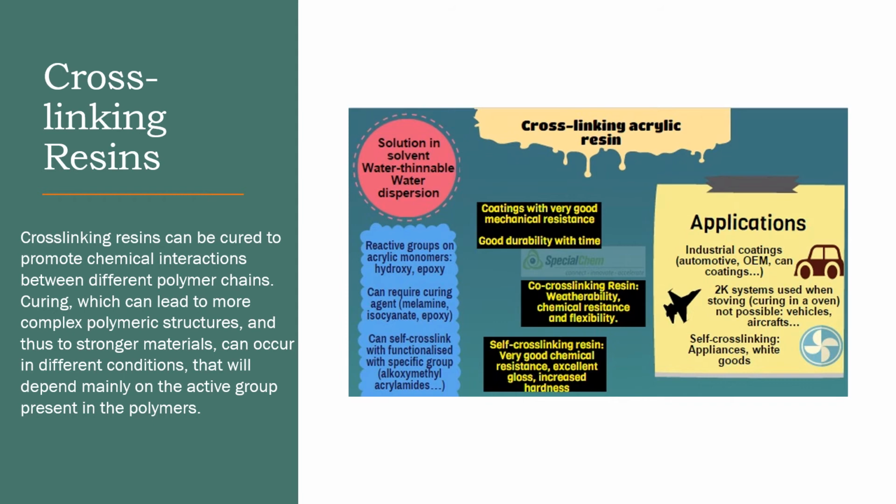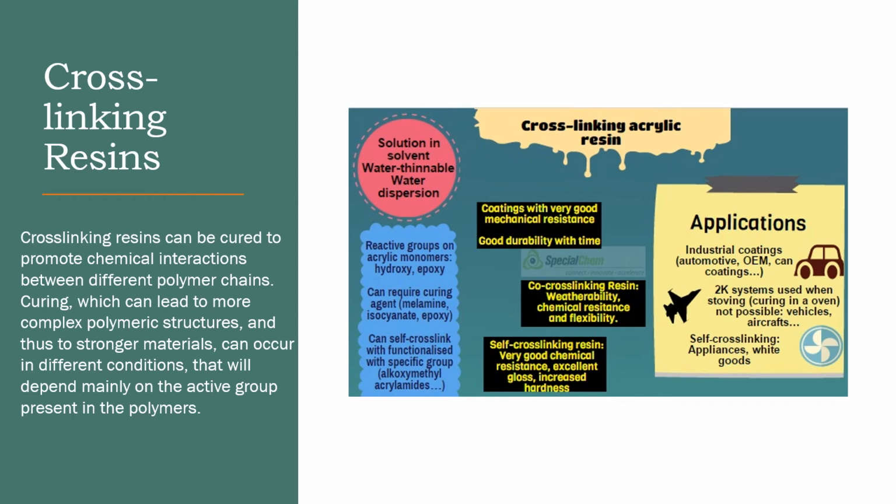The kind of formulations, resin plus curing agents, can be provided where they are already mixed together as a two component system, 2K system, or a 1K system. So the 2K system is used in particular when heating in an oven is not possible, meaning curing in an oven is not possible. In a 1K system, isocyanate curing agents can be blocked or made unreactive at room temperature. Curing of the resin will occur only at a higher temperature in the oven, as in stoving coatings.